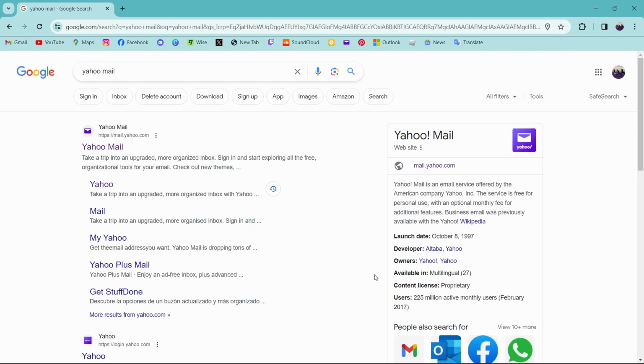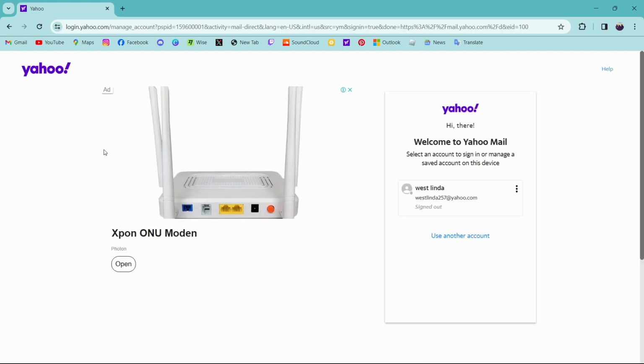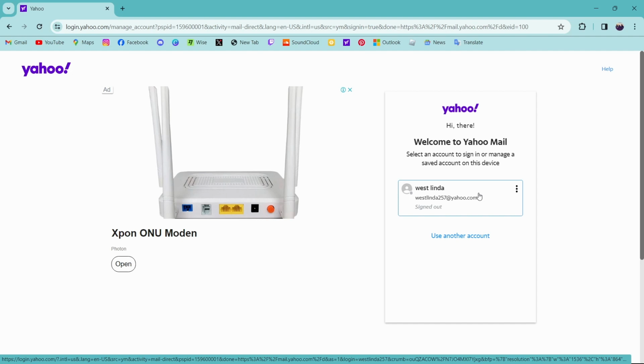After searching for Yahoo Mail, you'll come up to this page where you can tap on this first option which says Yahoo Mail. And now to log into your account, what you can do is just tap on login account, or it will recommend that account which you have already logged in, so you can just tap on that account and then easily log in to your account. But if you don't want to log into that account, what you can do is just tap on use another account